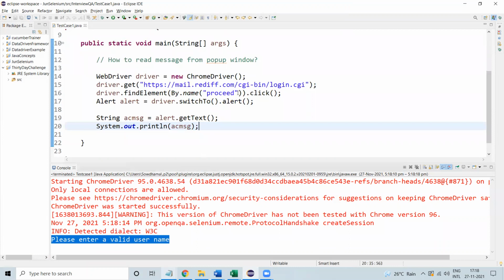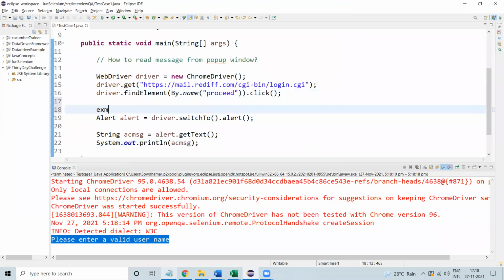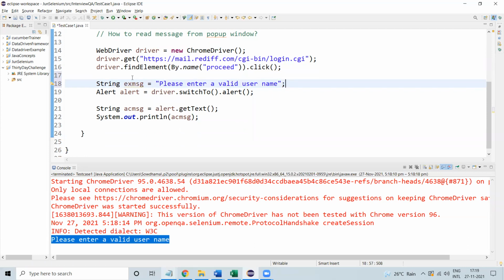Right, what we need to do is store the expected message in a string variable. Expected message equal to, I just copy this and paste it over here. Now I'm going to compare this expected message with the actual one.